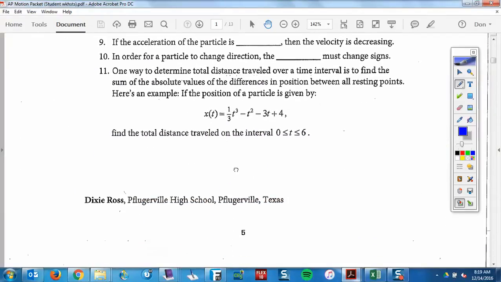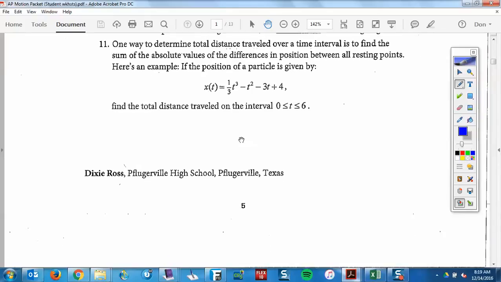Here's number 11. I want to work through number 11 because I would be surprised if anybody got this one. What do you got? 26 meters? You got 26. What do you got? 36? 26? 36. All right, now let's make some sense of what this is,